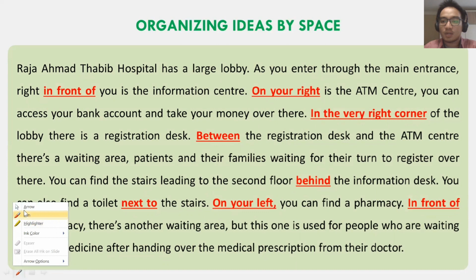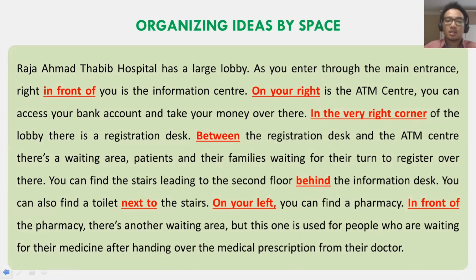Okay, so it is pretty clear. You can see on your screen, the red ones are the spatial signals: in front of, on your right, in the very right corner, between, behind, in front of, on your left, next to. There are still many other space signals, not just these, but only these are what I have used in my passage. Now, to make sure this passage relates to the floor plan and the space that we're talking about,